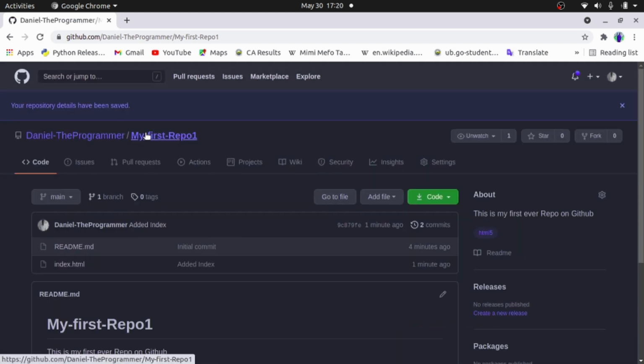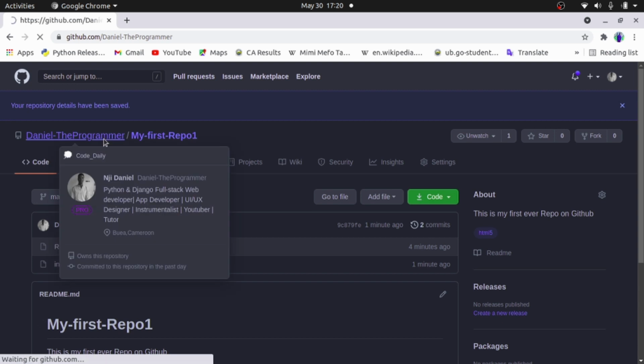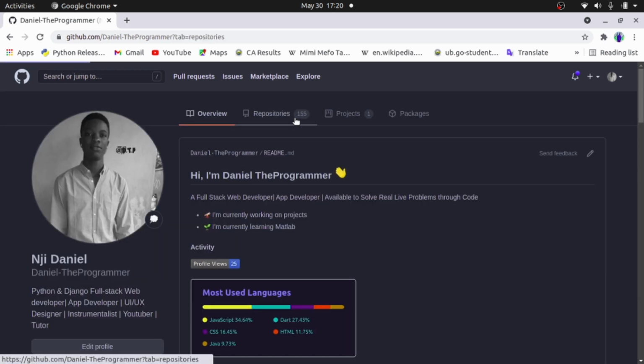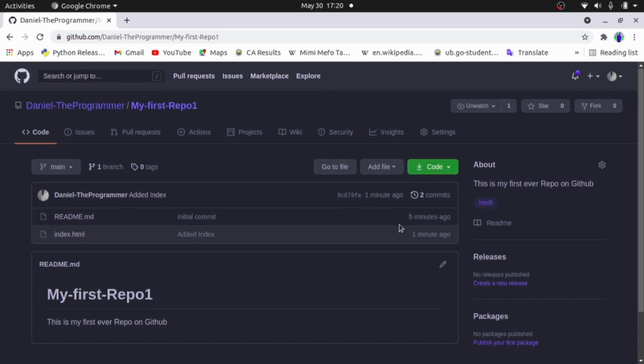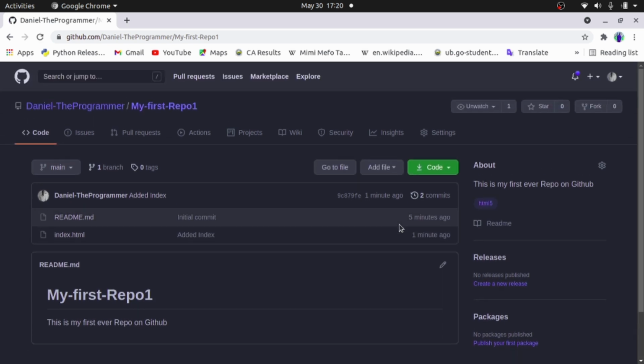Then coming here and going out through your repositories, you see your first repo and you see the about you added, which was HTML5 here, which is going to give an idea of the topic you are working on in your project. So now here you can add someone to contribute to your project, and to manage the access of your project you just come to settings.